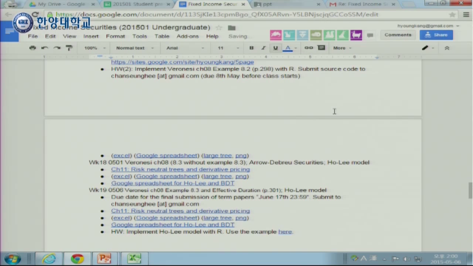Right now, you can do optimization, right? You calculate internal rate of return, so you know how to do optimizations. And here you have to use R for the optimization. And then the due date is